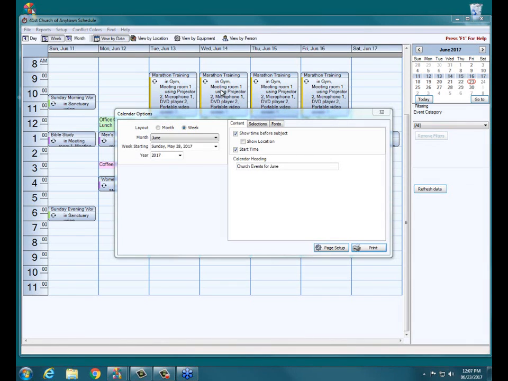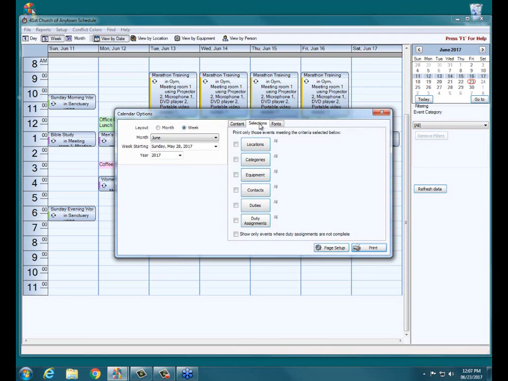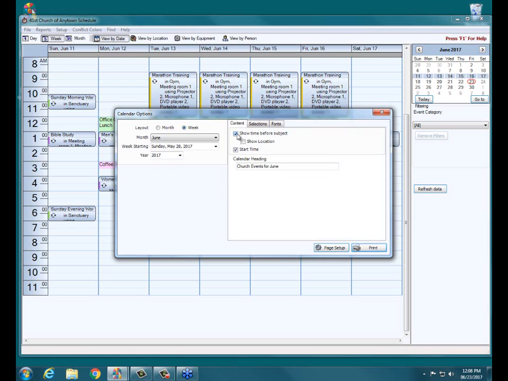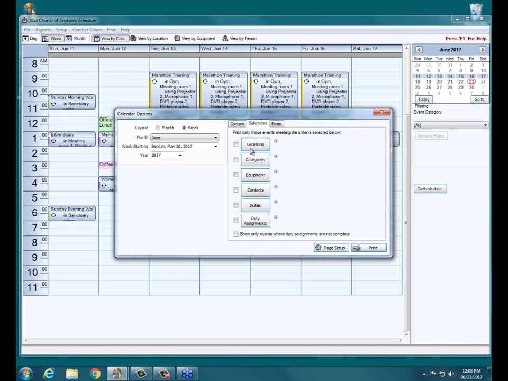If you want to be a little more choosy about what information or what types of events show up on the calendar, you can click on the Selections tab and make some changes here. I can make it so, for example, only things that take place in the meeting room show up on the calendar. So if I click the locations button,